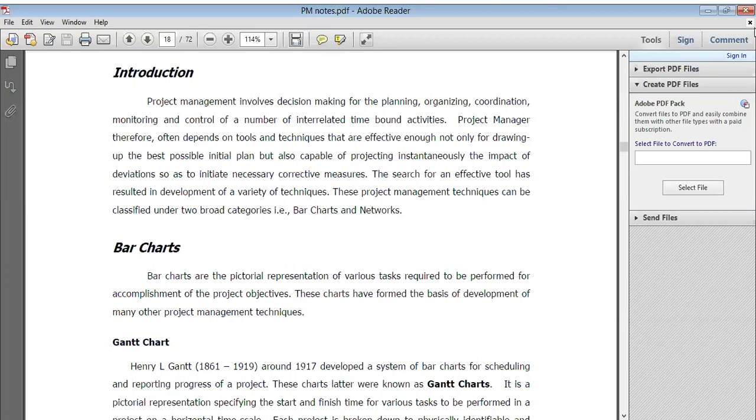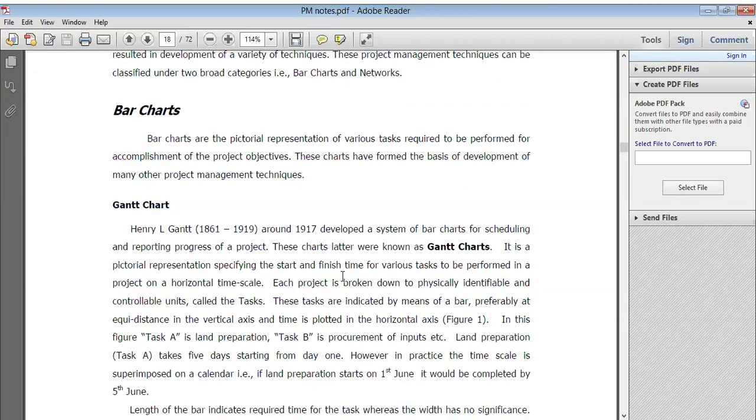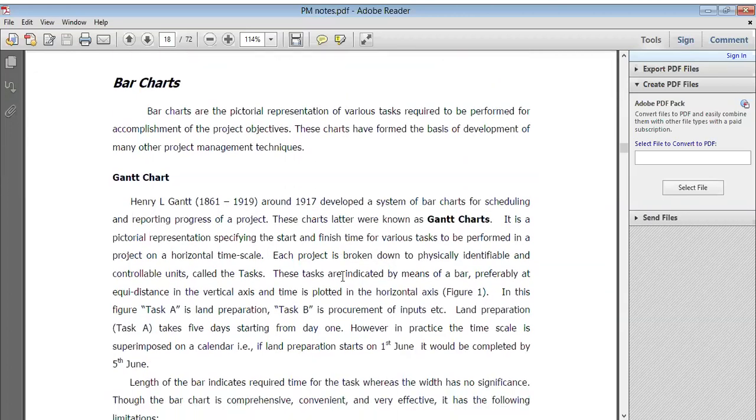So the search for an effective tool has resulted in the development of a variety of techniques. The project management techniques can be classified under two broad categories, and that is bar charts and networks, right? So exactly, the bar charts are the pictorial representation of various tasks required to be performed for accomplishment of